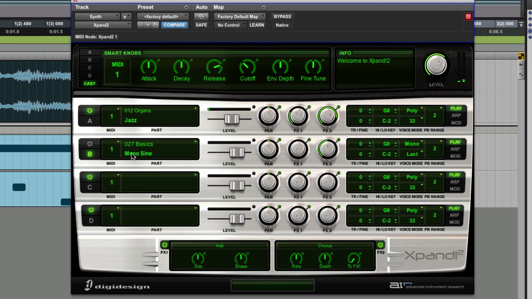which sounds nothing like the sound at the moment, but the minute you put a mono sine below it, you can hear now we have a sound that's sitting below it. And we've added quite a lot of chorus on it. Now the thing about the